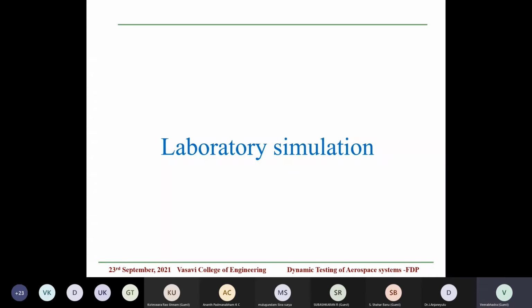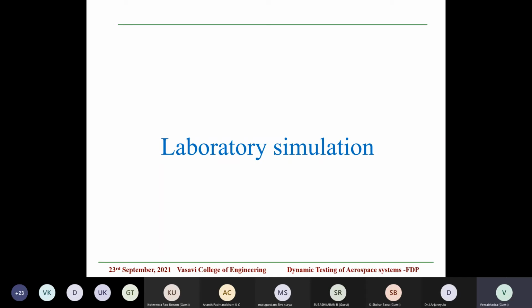So we call it sine and random vibration test because of the propulsion system or the blade propeller, we get a fixed sine tone, and due to the aerodynamic noise, we get a random vibration. So in those cases, we have to couple both sine and random. Likewise, there are cases where you get random and random, like a broadband random coupled with narrowband random.